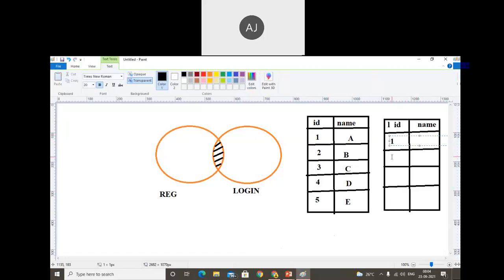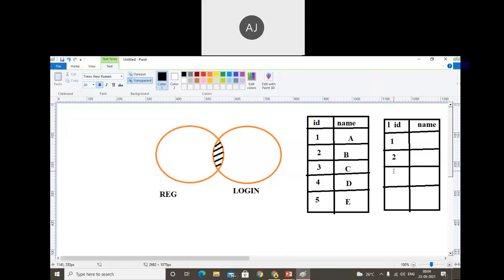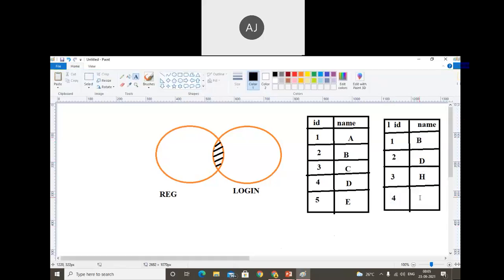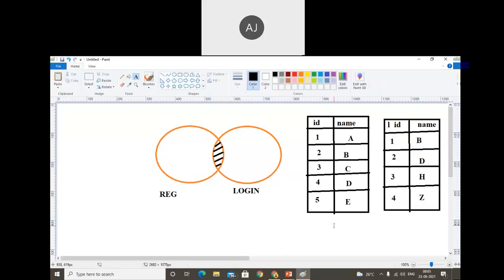I have four login entries. Who is there? We have the name B, B is there, H is there. We get the data. So five persons are registered before the conference, and on the date of the conference,